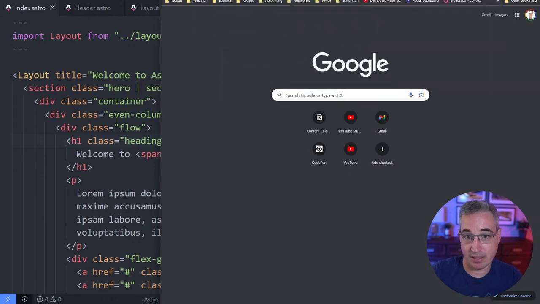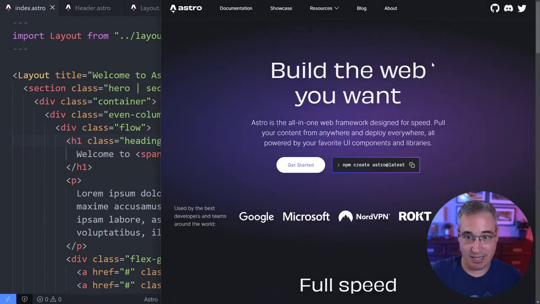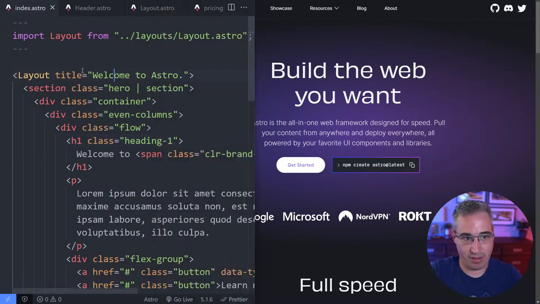So let's just go to astro.build. So this is Astro. It's a framework to build websites. And at its core, it's a static site generator that's just really easy to use. I'm also a very big fan of Eleventy. Eleventy is a fantastic static site generator. I just feel like the learning curve to get started with Astro is a little bit simpler because the templating language they use feels like native HTML that you're already used to, with a few little extra things. So I'm making a layout and then importing it, but it just feels much easier in my opinion to get